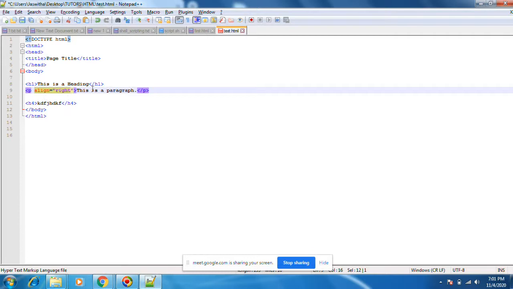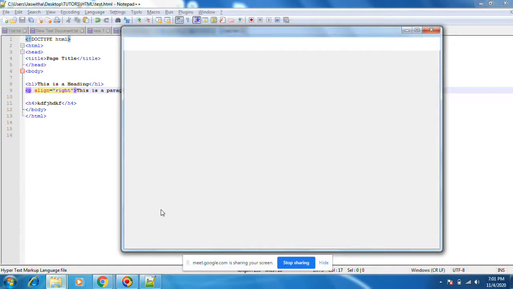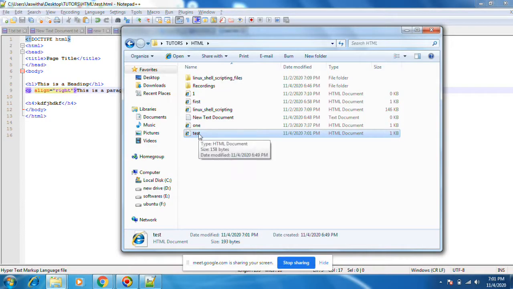Based on this attribute, the text will go there. Align equals to right. Then you save it as test.html. Now you open this, you will see it. Based on this attribute definition, the text will appear in the right section.